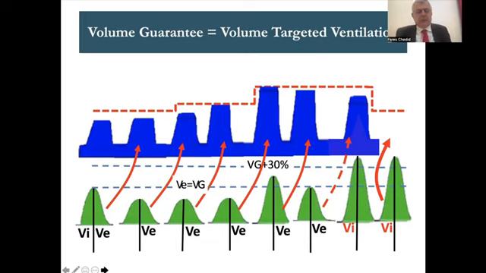What is volume guarantee? Like always, it's a pressure control mode where the pressure that we subject the ventilator or the patient to creates the volume. But now that the volume is created, the expiratory volume of each breath will order the PIP of the next breath. So we have a target volume, the VG, volume guarantee. In some ventilators, we call it volume targeted ventilation. So we compare the volume expired to the target volume. If the expired volume is equal to the target, then the next pressure will be the same as the previous one.